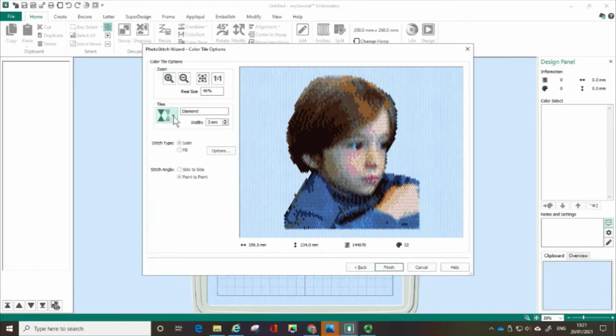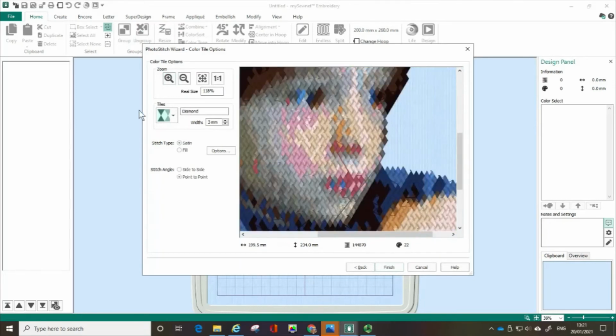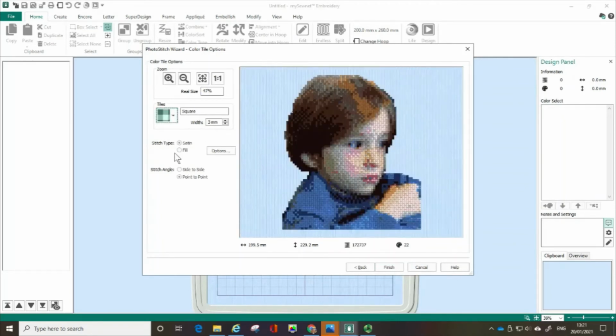And there are a couple of options in terms of the tiles. So for instance, this is the diamond, and let me just zoom in so that you can kind of get a closer feel of that. But in actual fact, there's also a square. Okay, and if you want to, you can also change